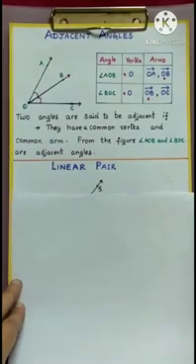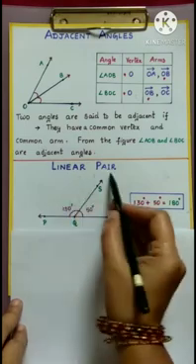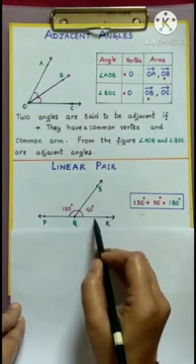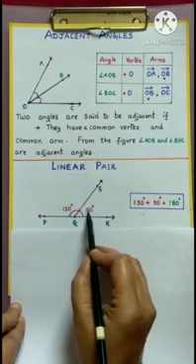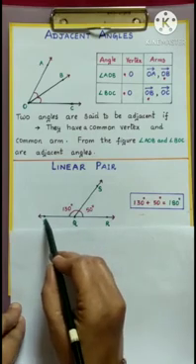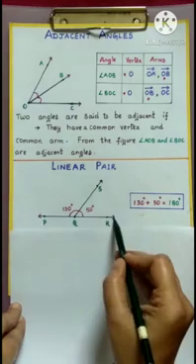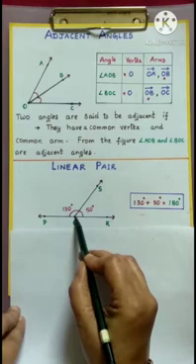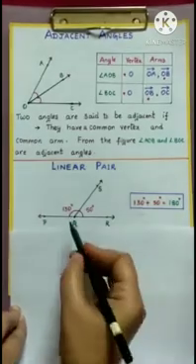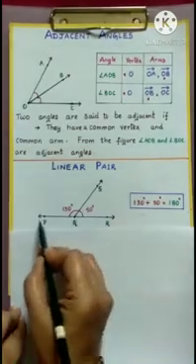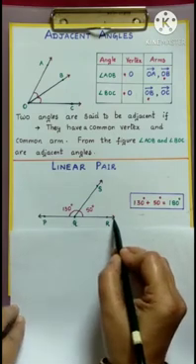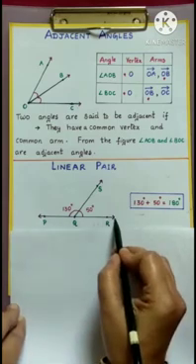Now come to the next concept, a very important concept, which is a linear pair. Now you see this figure. Here are two angles. Tell me, are these two angles adjacent? Yes, because for angle PQS and SQR, Q is the common vertex. What is the common arm here? QS. Now here, the non-common arms you observe are QP and QR. These two non-common arms are in opposite directions and form a straight line.